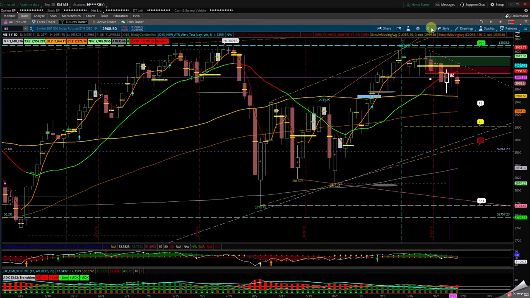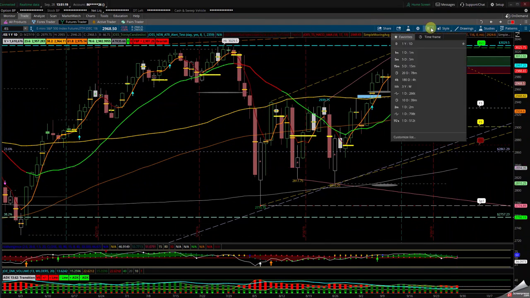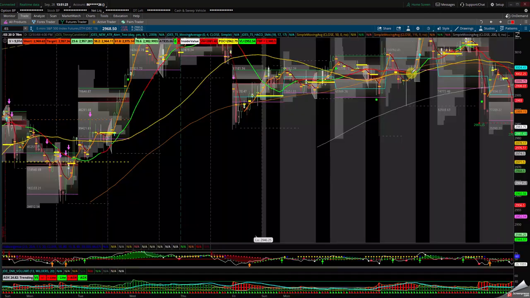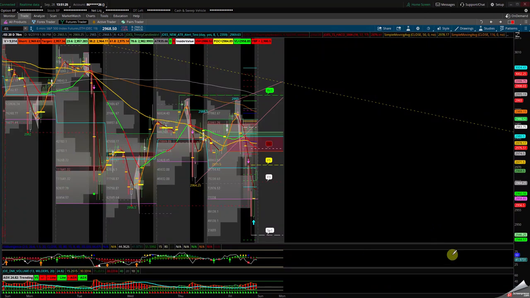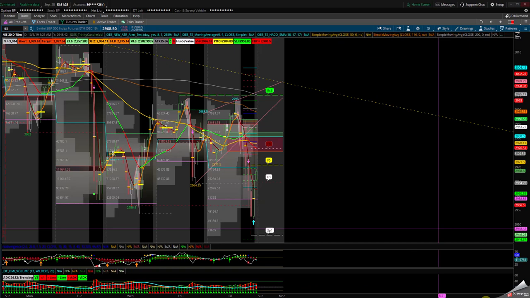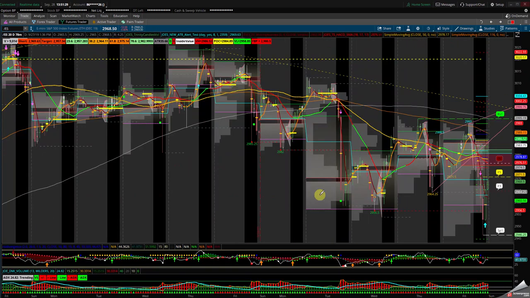What I want to do is break it down to an hourly chart, and I'm going to go 20 days, 78 minutes. The reason why I want to show you what has happened in the volume profile in the studies, okay? We were consolidating. This is the value area high, the green, value area low, and this is the pop. This is a study you can get from TOS. It's available for you for free.